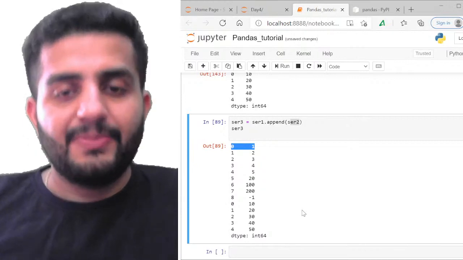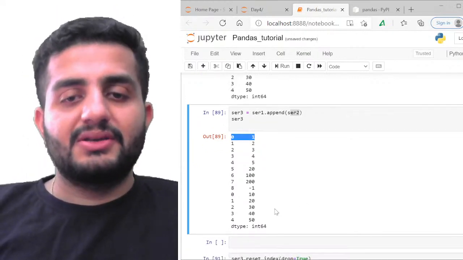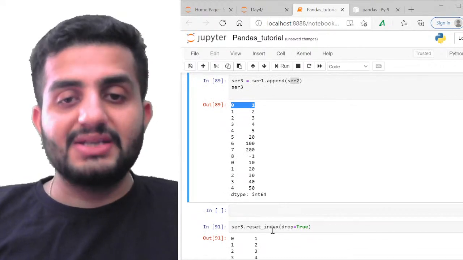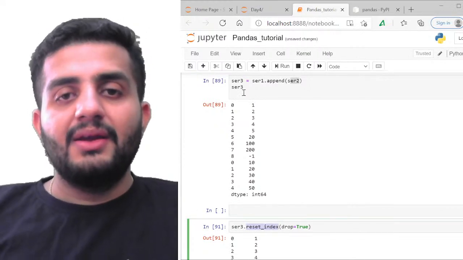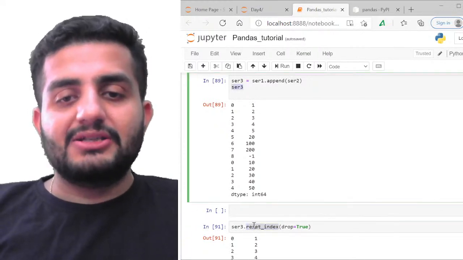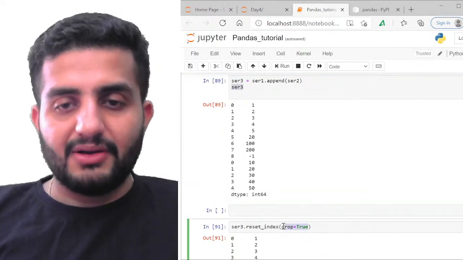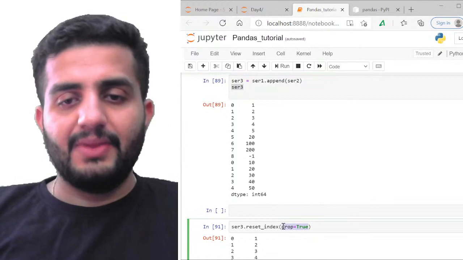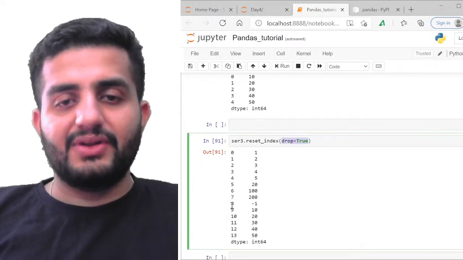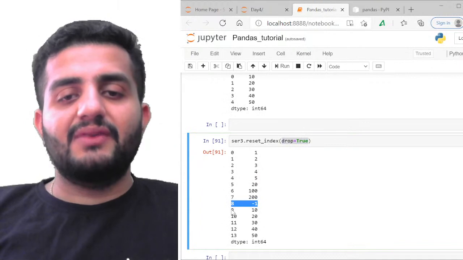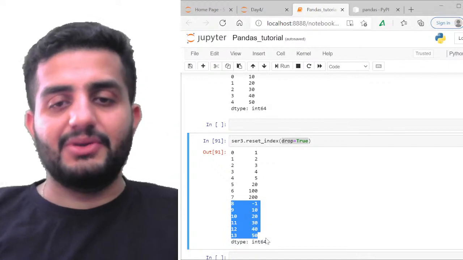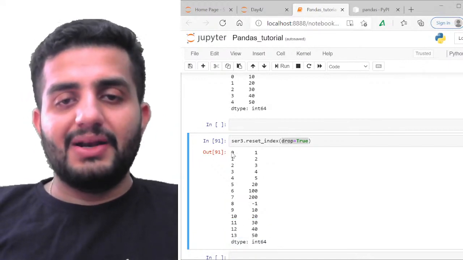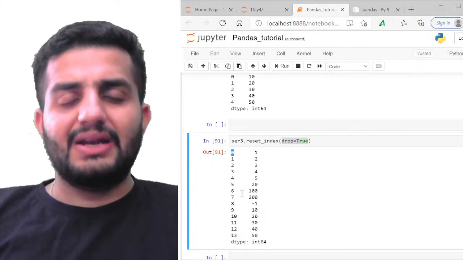So in this case I would say the next thing which you should be doing is basically your reset index. You know this. We already covered the reset index. So on top of series 3 you'll be doing the reset index, and with drop equals true, basically you're dropping the original indexing. Okay, so once you do this, you can see, after 8 it has just continued the indexing, starting with 9, likewise till the 13th element. So now instead of having multiple indices of 0 or whatever indexes which are getting repeated, I'm going to have single scalar indexes.